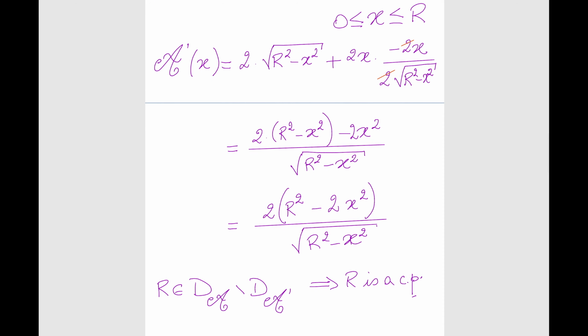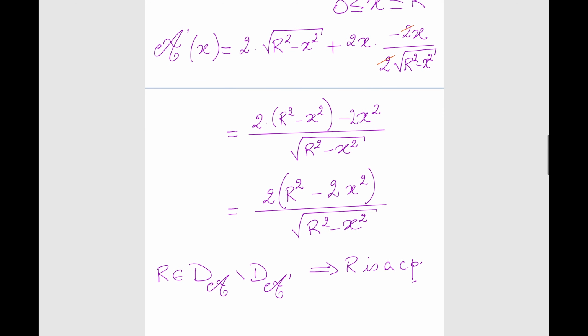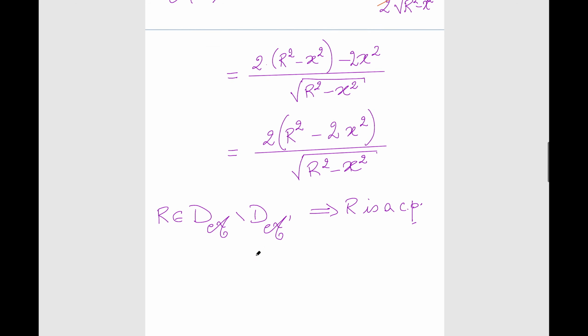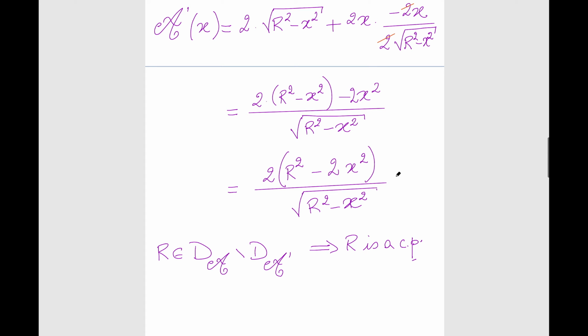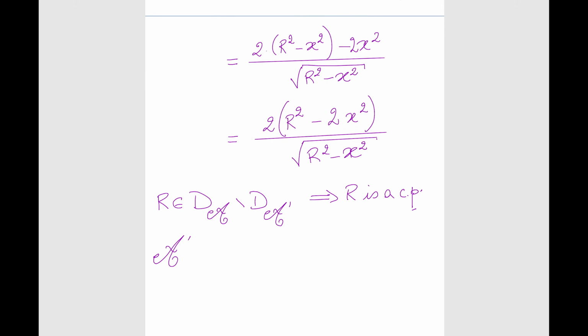Okay. What is the other critical point? Well, there are those points which allow A prime to vanish. What's A prime? A prime is this quotient, right? A prime vanishes if this quantity between the parentheses is 0. So the other type of critical point comes from the fact that A prime is 0, and this happens precisely if this numerator is 0, and the numerator is 0 if r squared is equal to 2x squared, right? So if r squared minus 2x squared is 0,